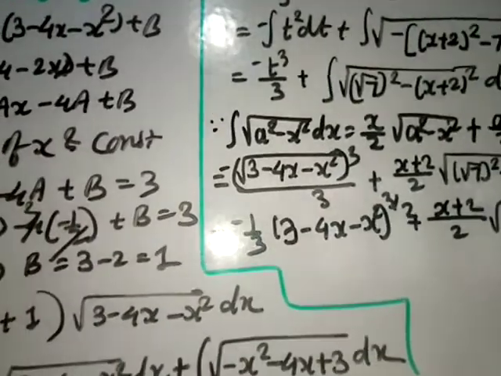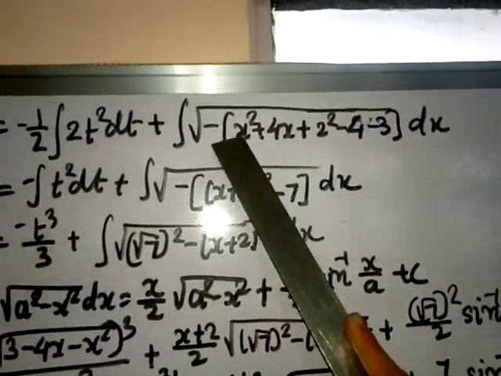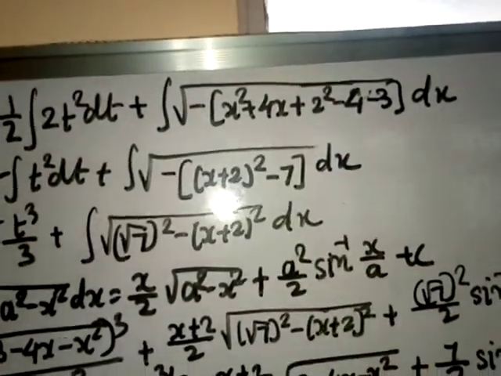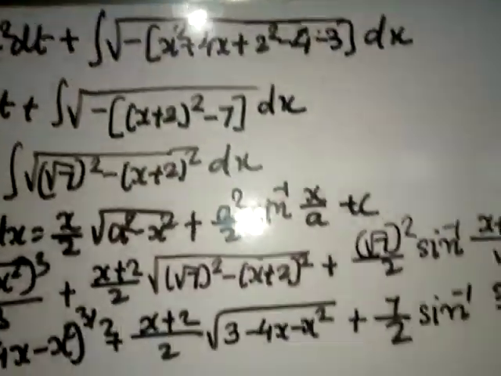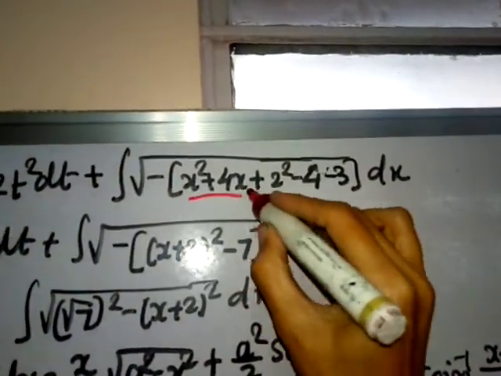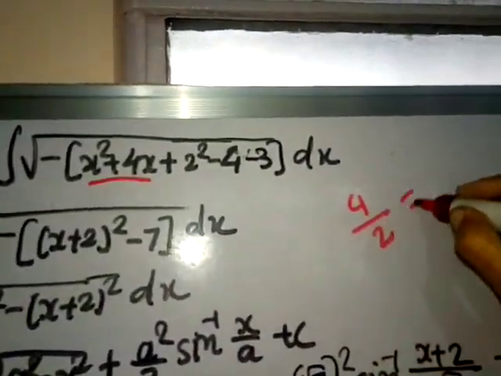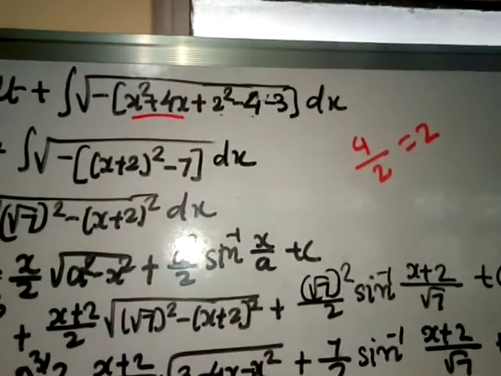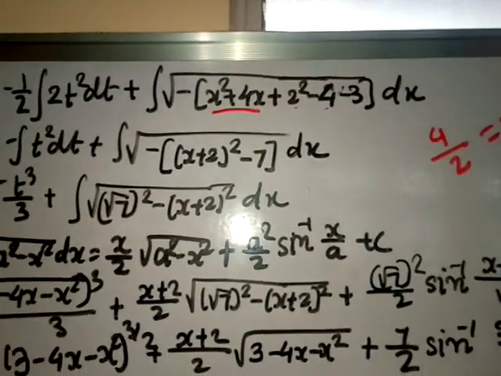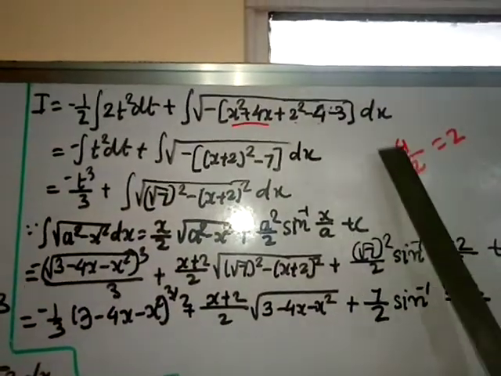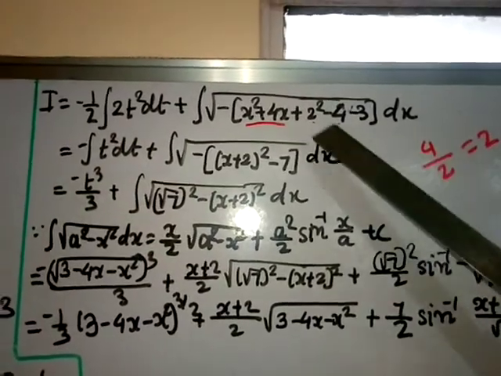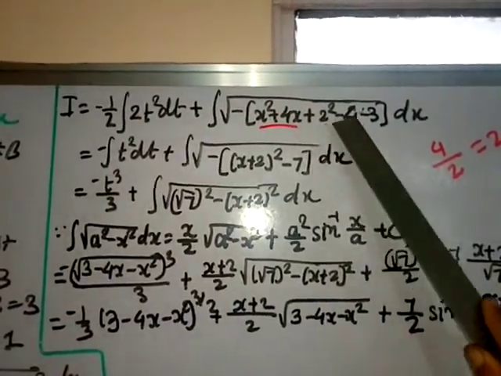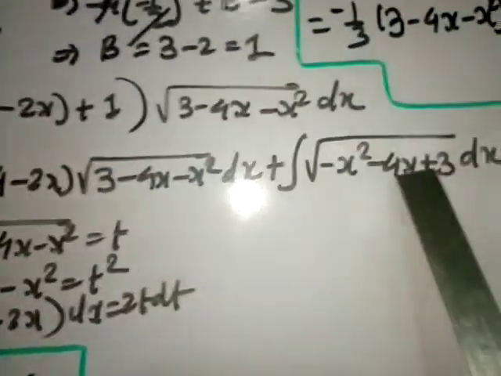Plus. From here take minus common. So here x square, this minus becomes plus 4x. I am making perfect square. If these two are there, the third term will be, we have done previously many times. So you know that these two are as it is. And 4 divide by 2, so you get 2. So 2 square you have to add, and minus 2 square is 4. So I am minusing 4, adding 2 square. That is 4 I am adding, but I am writing 2 square because perfect square we have to make. So you take 4 by 2, remains 2. 2 you add, 2 square you add, 2 square minus. So 2 square minus 4, and this is plus 3 actually, but we are taking minus common, keep in mind, so it becomes minus 3.